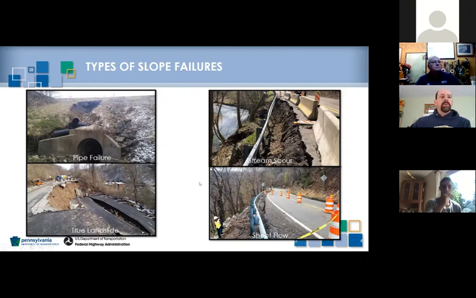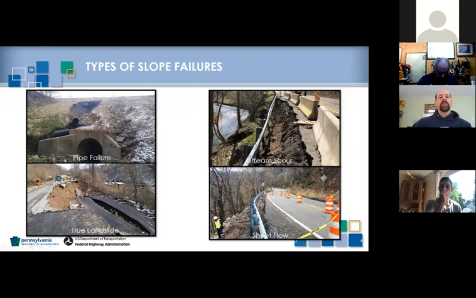Okay, here's just a couple different types of geohazards. Some of these are superficial, like you have a pipe failure here where the pipe separated for some reason or it rusted out. So then that started back scouring until the entire pipe washed away all up to the highway above. The top right here, what would be a normally stable slope becomes unstable due to the stream cutting into the toe of the slope over time to a point where it gets oversteepened and then it fails to reach equilibrium.